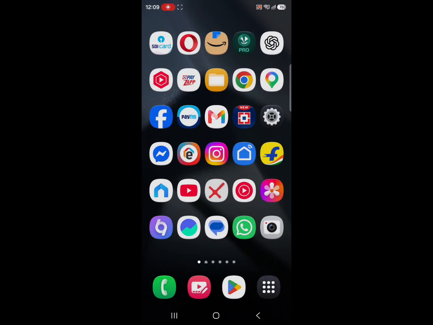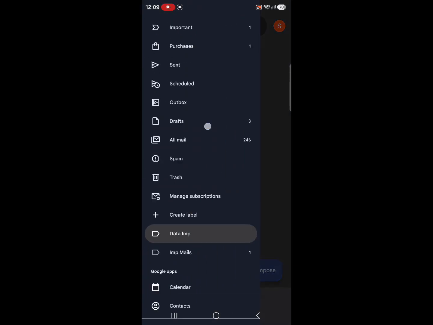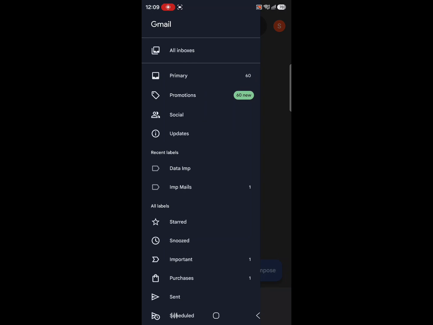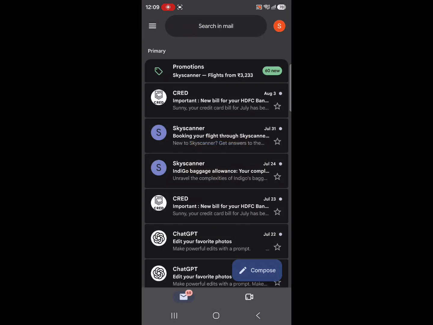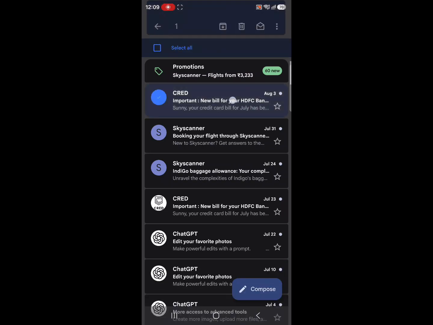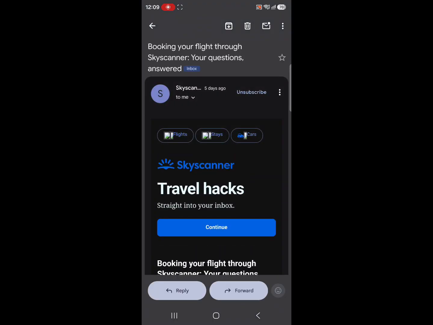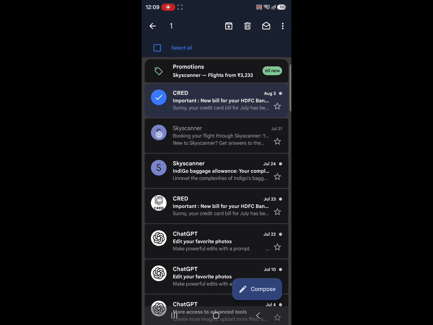Now I will click on back and I'll go to my primary email. And let's say if I want this email or select more. So if I'll select like this, and if I want to transfer these mails, move these emails to my label,